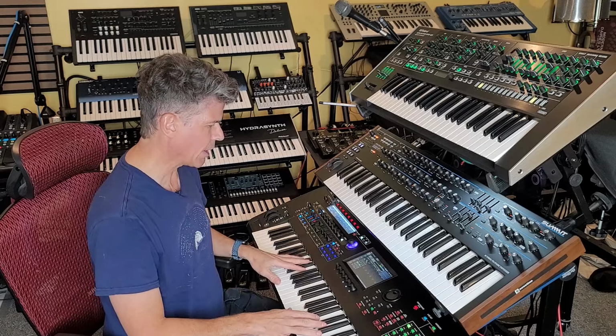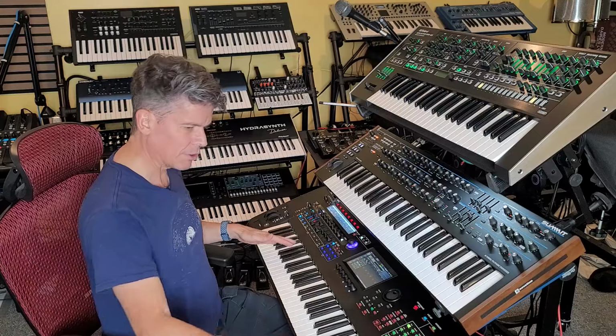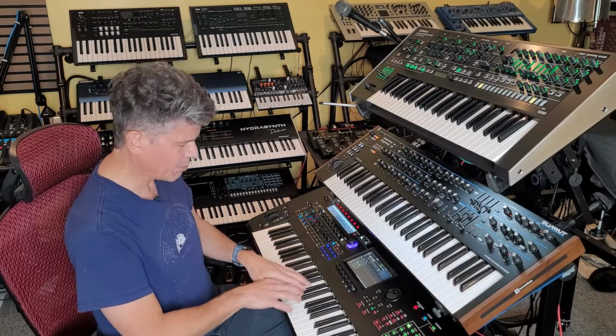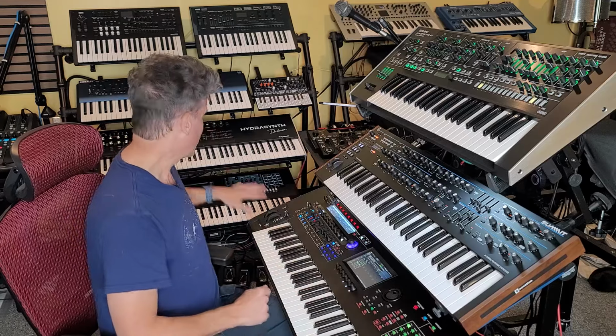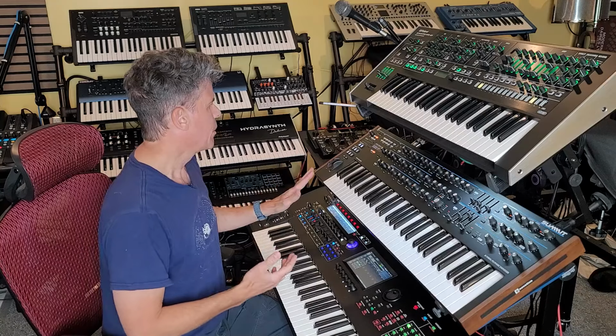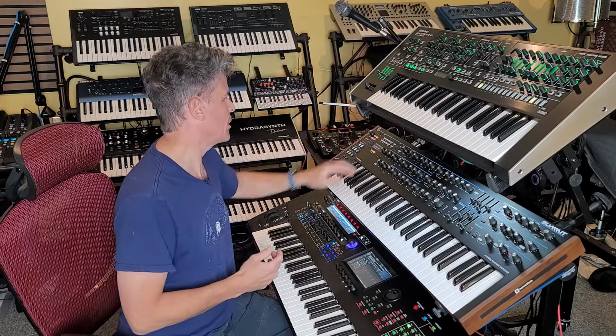Keyboards such as the Montage can have so many different sounds. You could split the key bed up into all different sounds and have a bass down here and a guitar and then a piano, and you can split that all up. Workstations such as the Phantom can do that as well. In the instance of the Summit here,